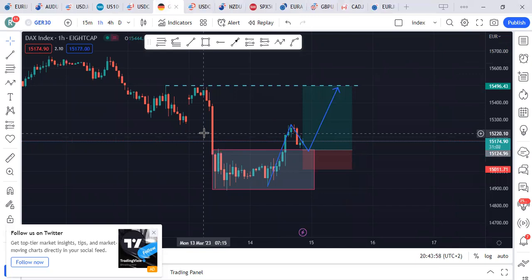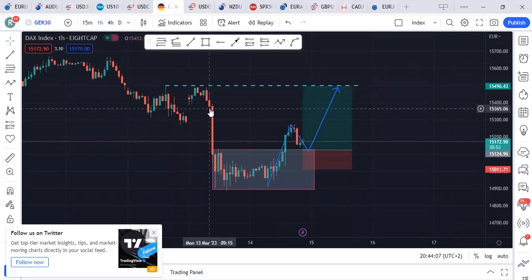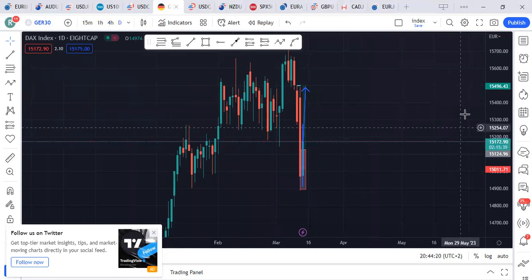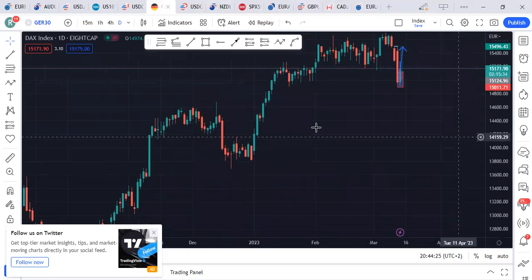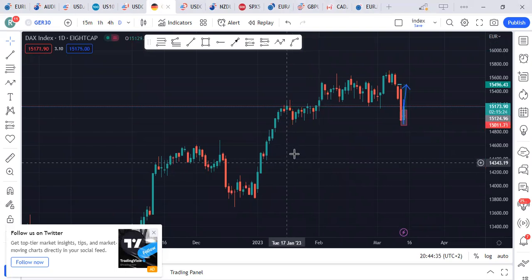I have seen that we have previous highs over here where we have equal highs. I believe those equal highs need to be cleared out. We need to see market pushing towards the top side, especially looking at a daily or 4 hour time frame, or an overall large time frame here. You can see that the market has been mostly bullish over the last couple of weeks or months. So that can be one of the hints that we are on the right direction in terms of looking at buys. But we're just looking at a short-term buy in this particular case, not yet a long-term.